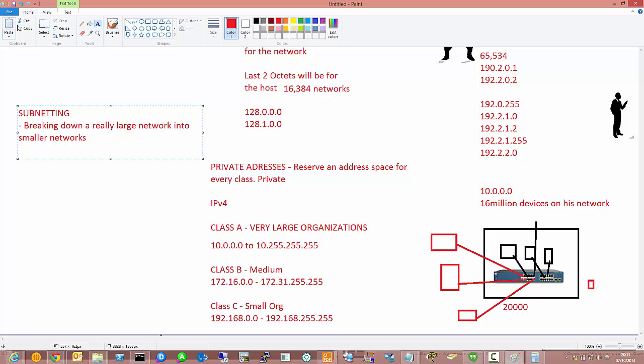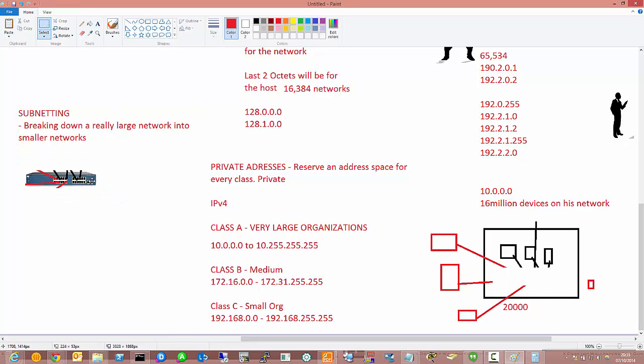10.0.0.0. What I can do is I can have a switch here and have another switch here on my network and have another switch here. And then between these switches, I'll have a router. So let's just use a circle for a router. I have a router. So devices that are connected to this switch here, they've given me